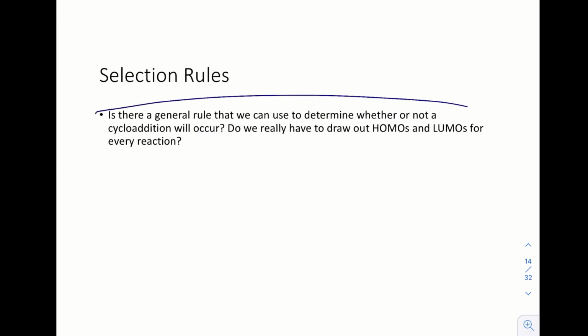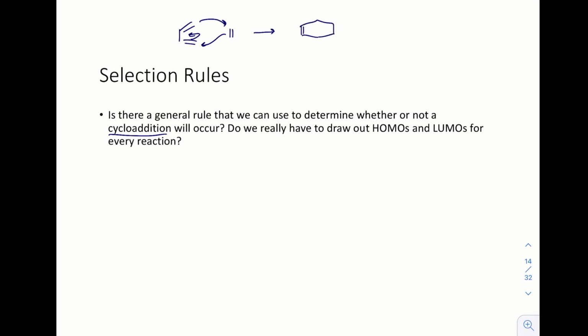Is there a general rule that we can use to determine whether or not a cycloaddition will occur? Cycloaddition just means that 2 pi systems are coming together in this cyclic transition state to generate the cyclic product. Yes, so under thermal conditions, when the total number of pi electrons involved in the cycloaddition is equal to